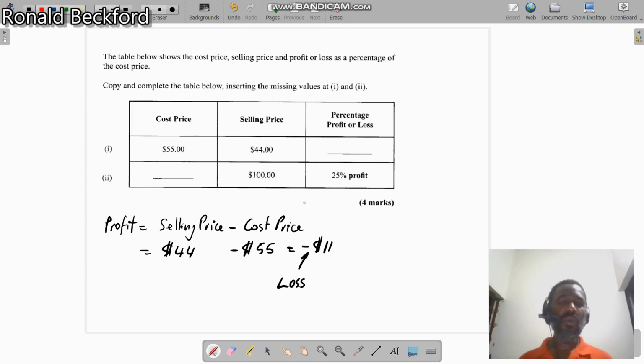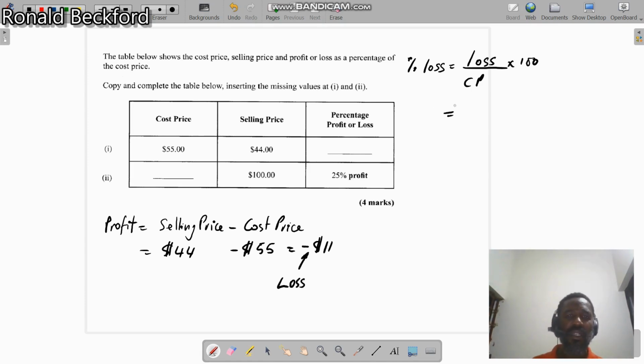Okay, now what is a percentage loss? In order for us to calculate the percentage loss, we know the percentage loss is equal to your loss divided by your cost price times 100. Okay, so what is that loss equal to? That loss is equal to $11 divided by $55